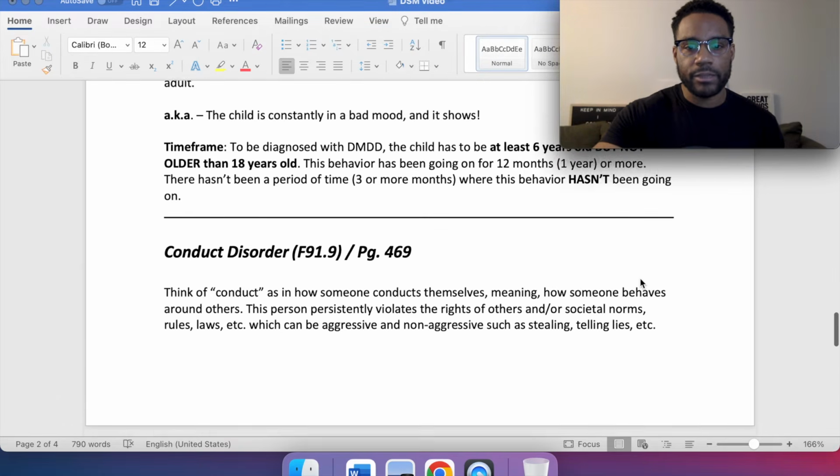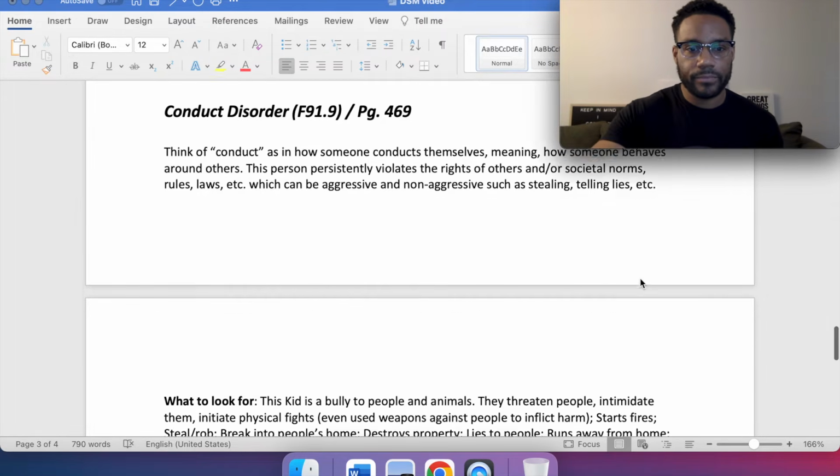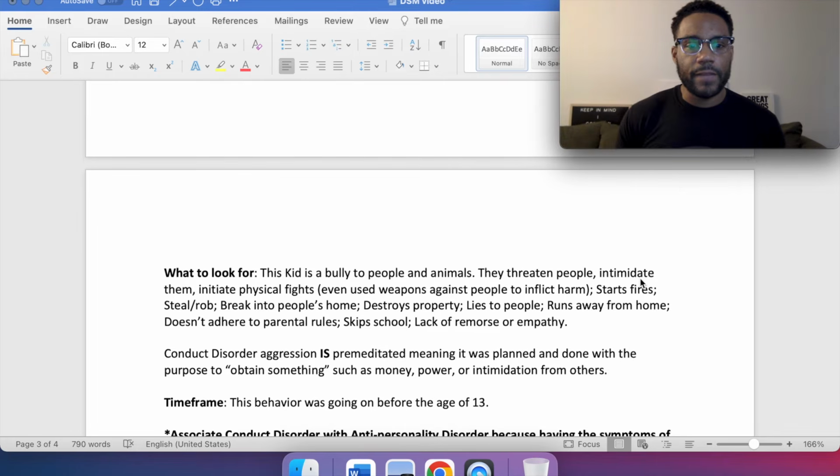And then when we get to conduct disorder, think of conduct as in how someone conducts themselves, meaning how someone behaves around others. This person persistently violates the rights of others and or societal norms, rules, laws, etc., which can be aggressive and non-aggressive, such as stealing, telling lies, etc. What to look for? The kid is a bully to people and animals. They threaten people, intimidate them,